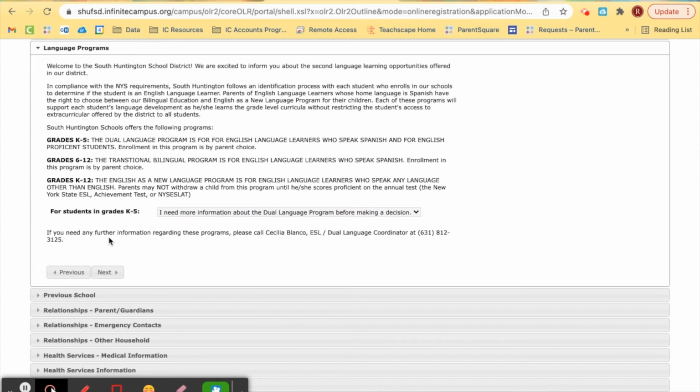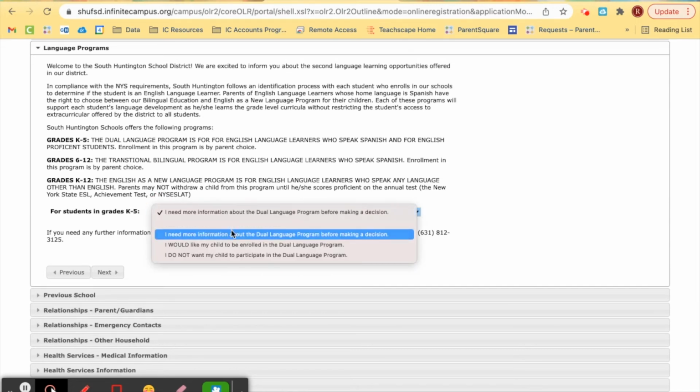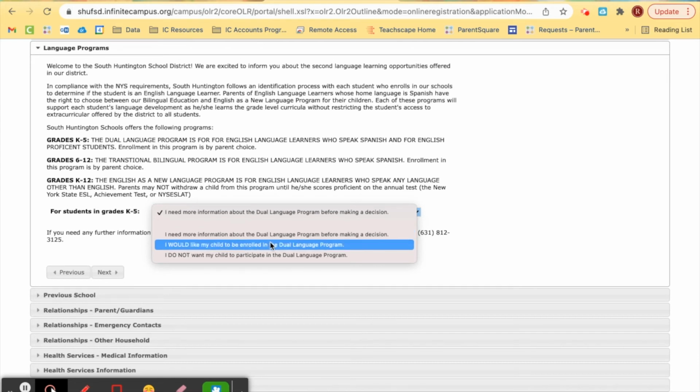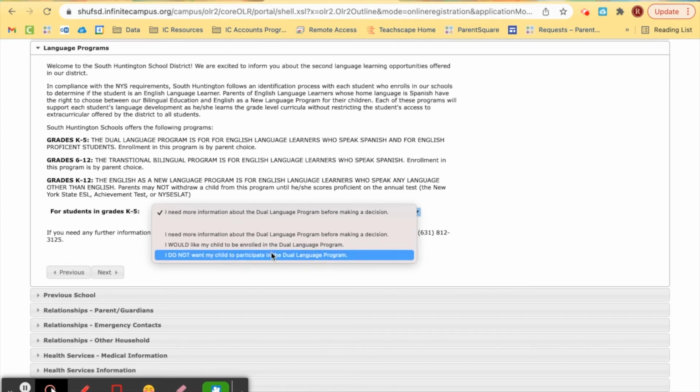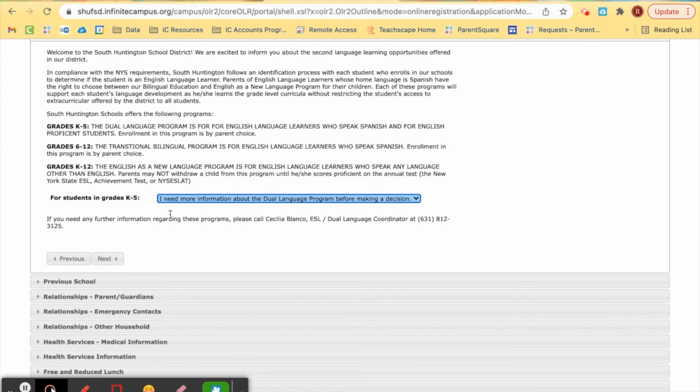Language programs. So again, the student is enrolling for kindergarten. Your options here are: I would need more information about the dual language program, I would like my child to be enrolled in the dual language program, or you do not want your child to participate. If you need more information, you can call Cecilia Blanco, who is our ESL dual language coordinator, at this phone number,